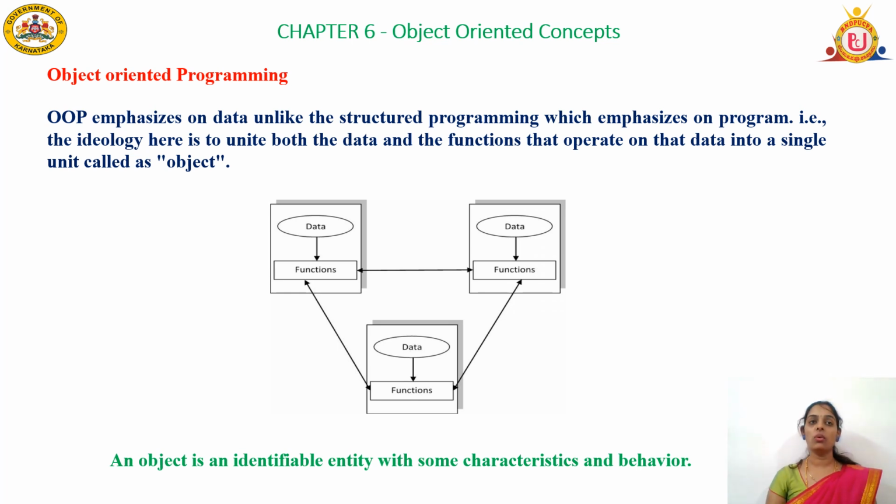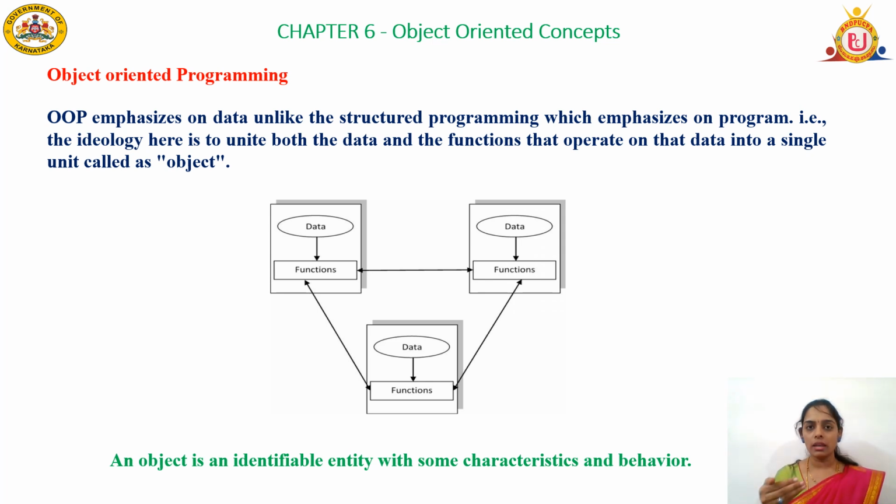Next is OOP. OOP stands for Object-Oriented Programming. It is programming based on the concept of objects which can contain both data and functions. Let me consider a simple example of a human body. A human body consists of eyes, nose, ears, etc. At the same time, the human body can perform different operations: it can run, walk, and eat. These are the operations that are performed by a human body.